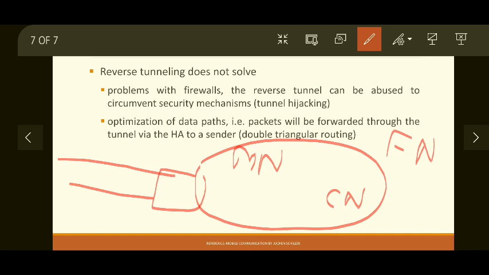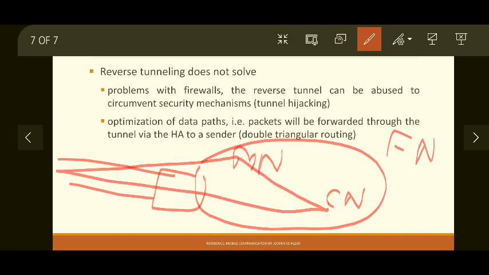So the same triangular routing is created in this direction and then the same will be created in the reverse direction. So that is double triangular routing. While sending the packet from CN to MN, the triangular routing problem occurs, and while sending the packet from the mobile node to CN, the double triangular routing problem occurs again. So reverse tunneling does not solve this problem.